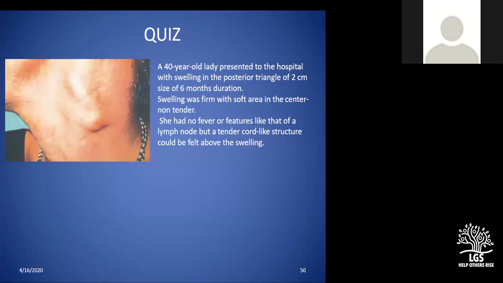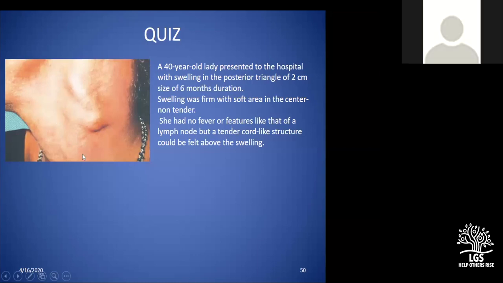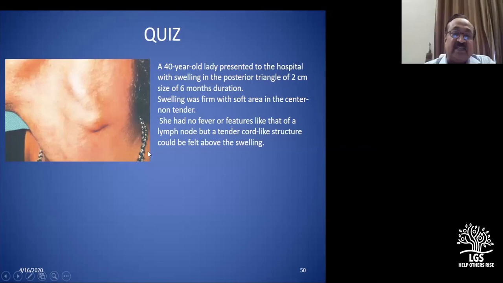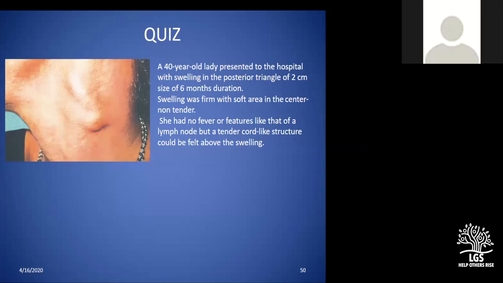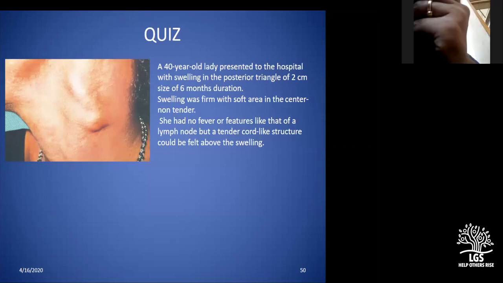Carotid body tumor. Sir, carotid body tumor you get in the anterior triangle in the carotid region. This is the sternomastoid, so this is the posterior triangle. Hyperplasia of sternocleidomastoid? Sternocleidomastoid tumor is basically not an acquired one. It's a fibrosis, usually you get it in younger patients, not here.